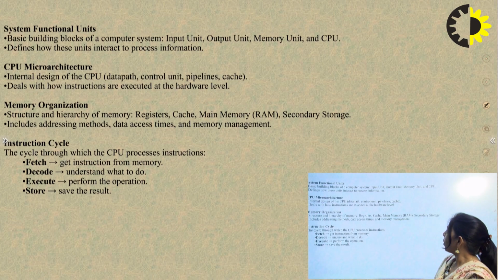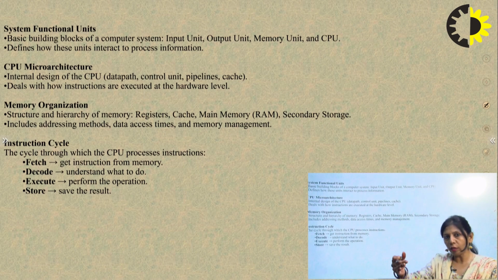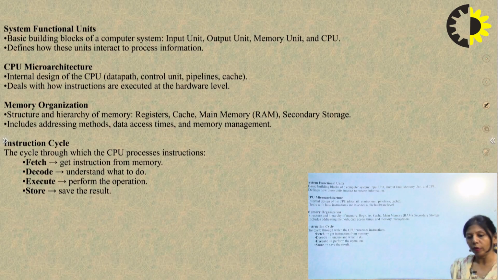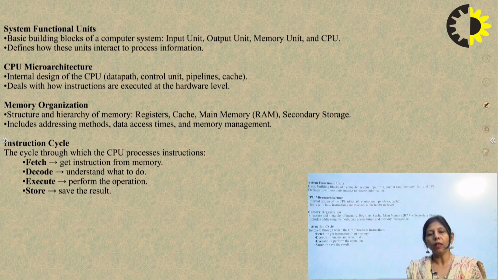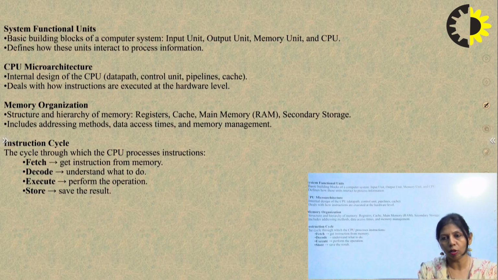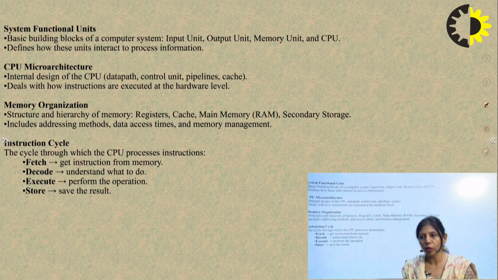Moreover, there is the memory organization, and we all know the memory hierarchy. Starting from the registers, it moves towards the cache, the main memory, then the secondary memory. Before understanding the instruction format, we need to understand that there are certain addressing modes, which will be covered in the coming video lecture. The addressing mode is where the operand, or the value, the data on which the instruction has to be executed, needs to be fetched. So it may be direct or indirect, based solely upon the type of addressing mode being used.